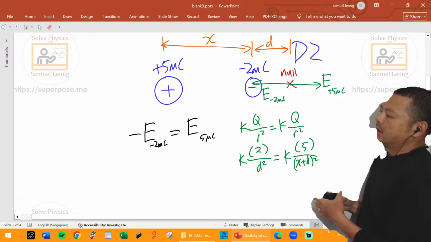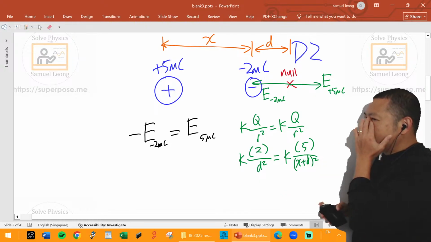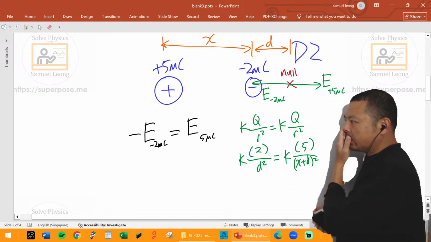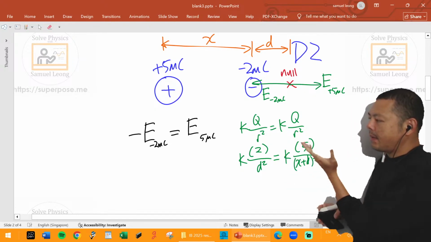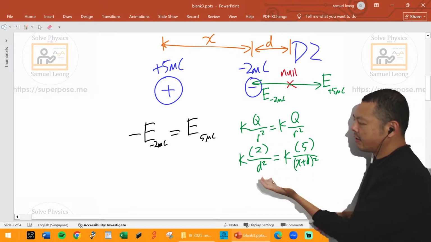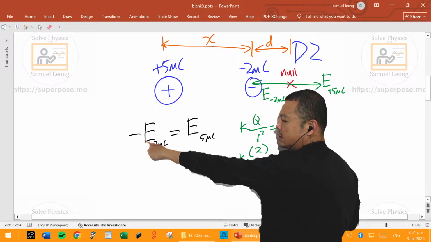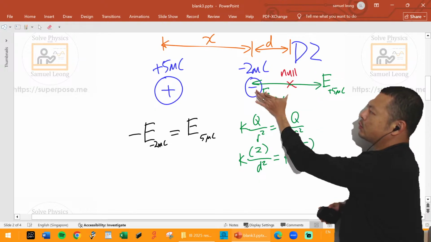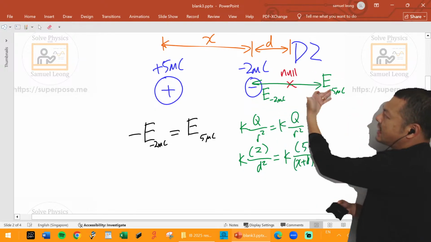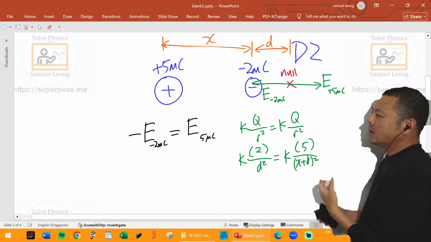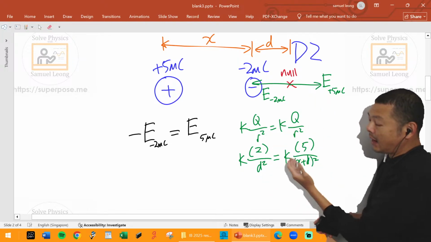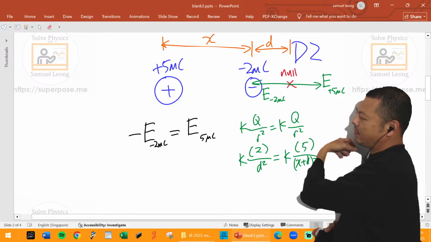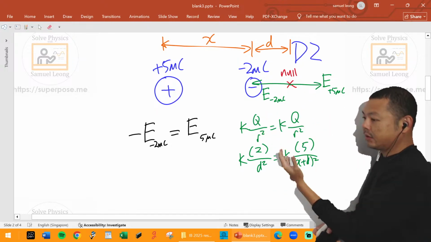Sometimes I just pay attention to the magnitude of it. I'm not too concerned about the negative sign, because I know in your math it's very important to put the negative signs in the correct positions and all that. But do you know why I put a negative sign here? That's right, opposite direction. So if I were to flip this one over to this side, then both of them will have the same value. I know I am actually at fault for this, I'm sorry about that. But I just put down the magnitude and the magnitude and do this.